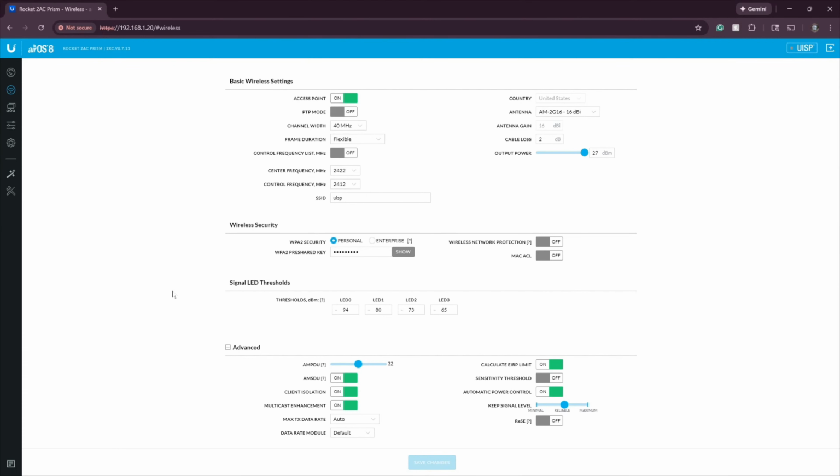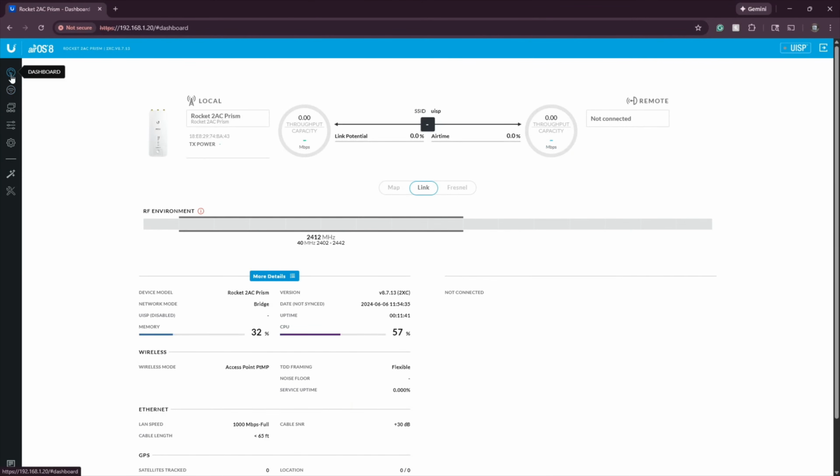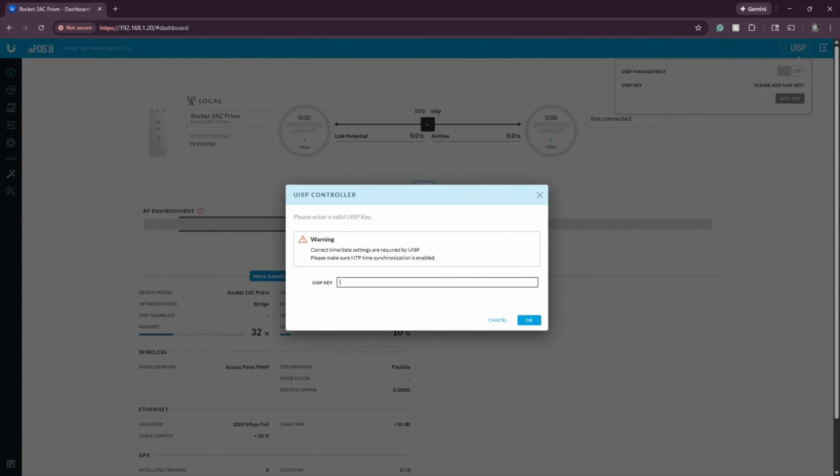All right, you see that it's all changed now. You still need one more. This is the main tab where you see clients actually starting to connect to it, all over here. But another one you need to do to get it into your UISP is go right up here, turn that on, or actually add a key first. You add your key here and then say OK,